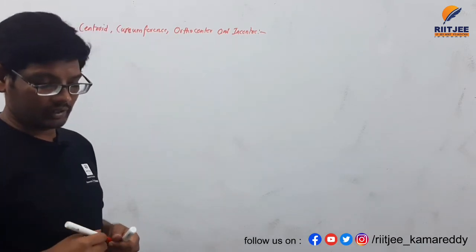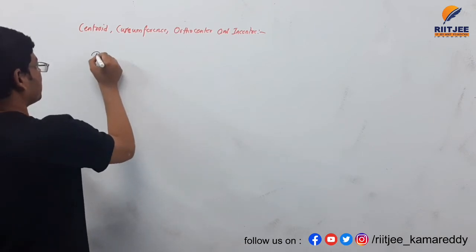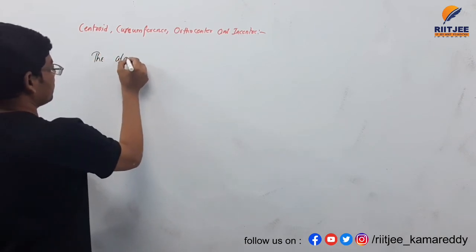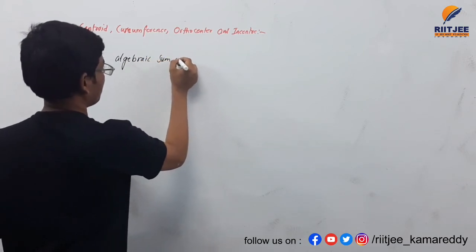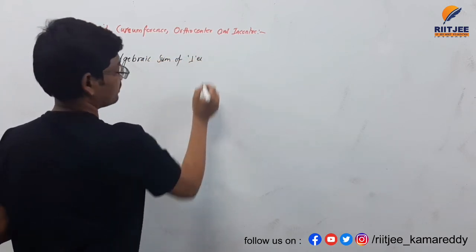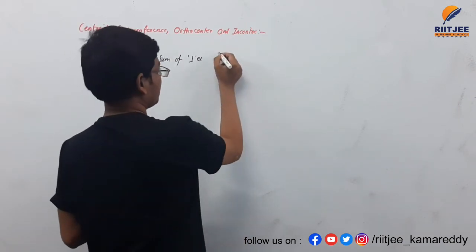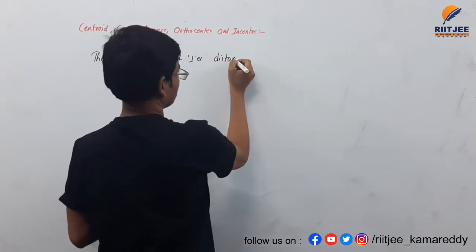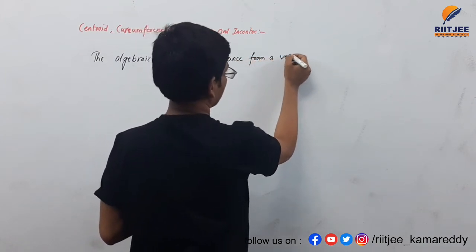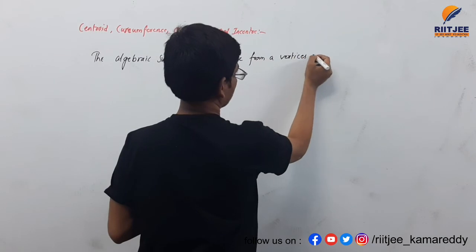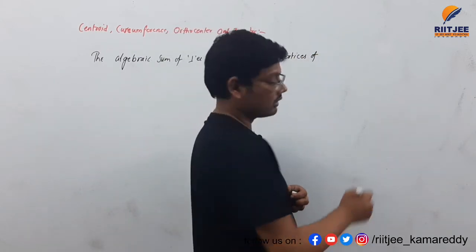Here the question is: given the algebraic sum of the perpendicular distances from the vertices of a triangle